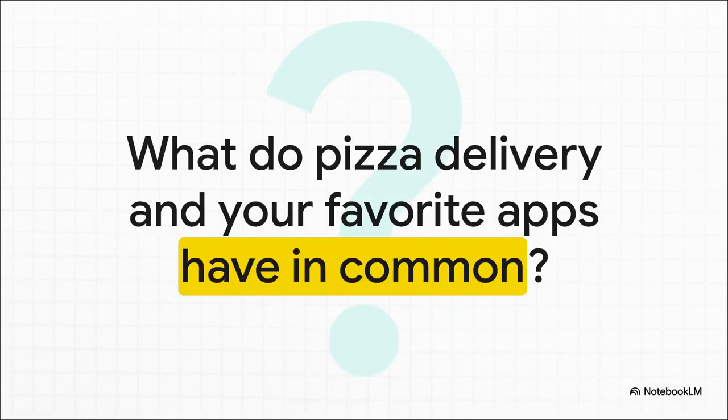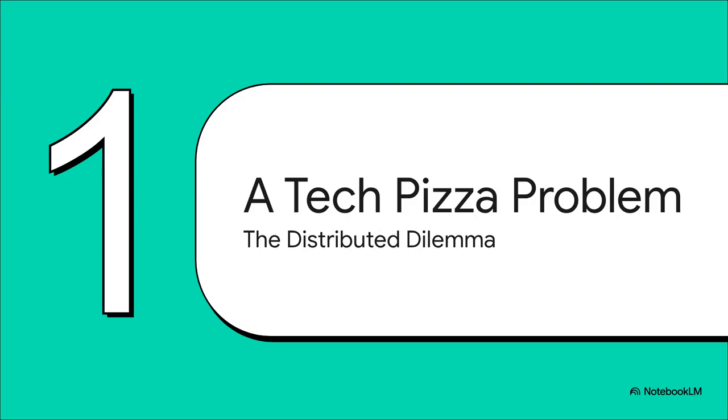But believe it or not, the answer to this question reveals a fundamental rule that runs everything from your bank account to your Instagram feed. The tough choices a pizza chain has to solve are pretty much the exact same problems the engineers at the world's biggest tech companies are banging their heads against every single day. So, what's the deal here?